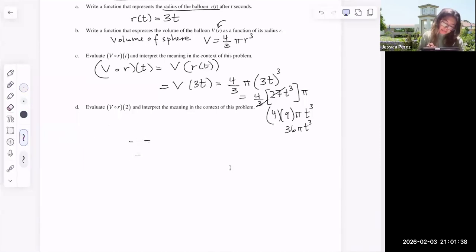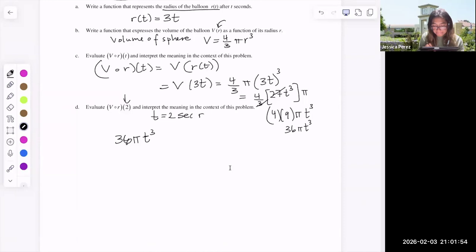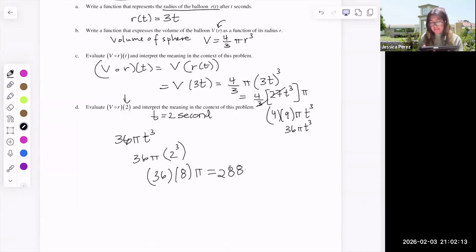We're going to use that previous information of my 36 pi t cubed because the t is already given. So t is the seconds. So then we have 36 pi times 2 to the third. So that's going to be 36 times 8 pi. And that gives us 288 pi or